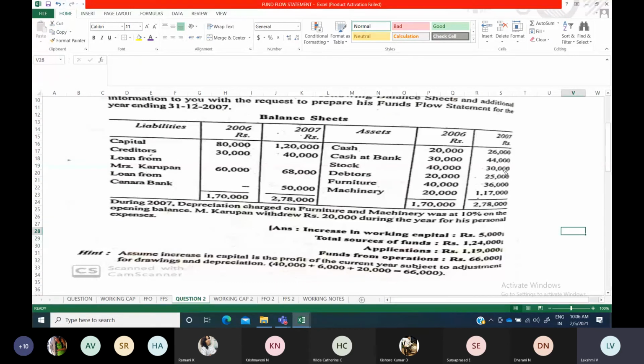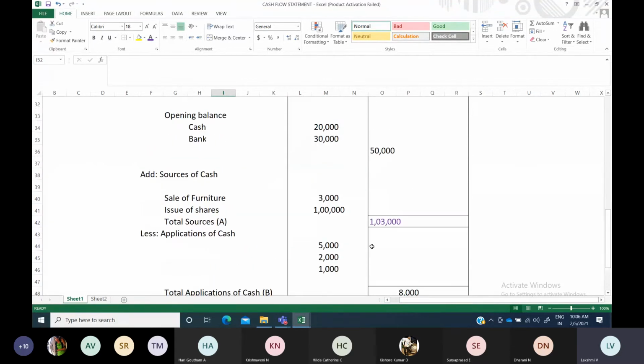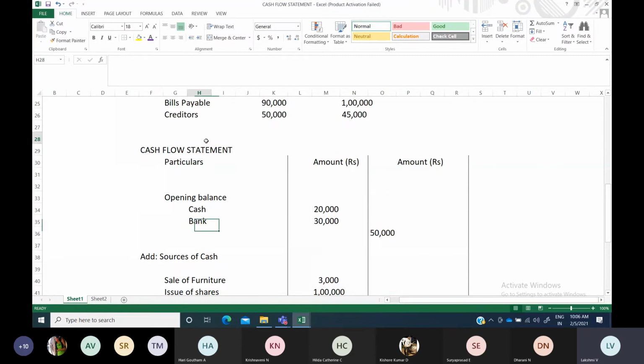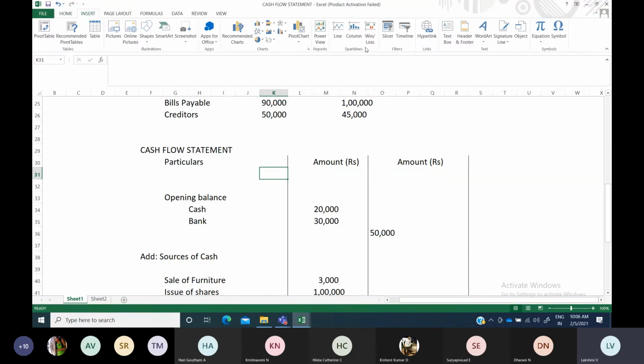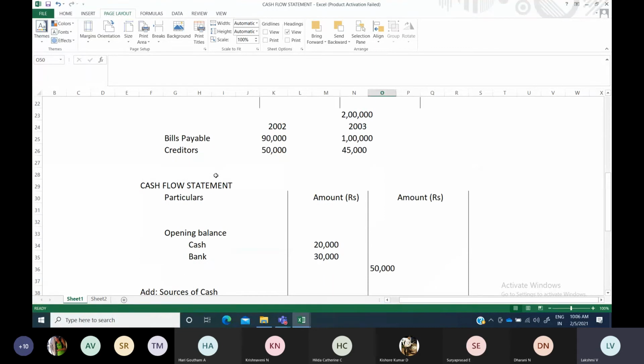Okay, so this is the way for preparing your cash flow statement, but this is not as per Accounting Standard 3. For Accounting Standard 3, the format is the same here also. Closing balance of cash, that same 70,000 you should get here, but little modifications will be there in preparing that cash flow statement. Some of the items will get deferred here, it will get changed over there. Okay, so all these you have to keep in mind. So this is the usual way for preparing your cash flow statement.